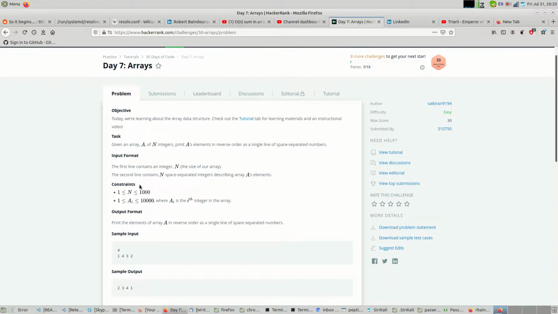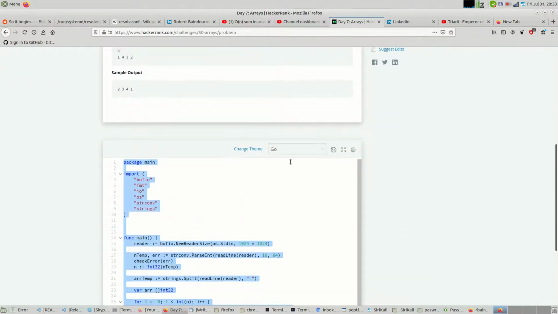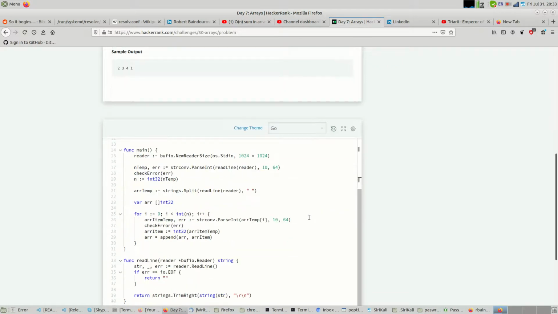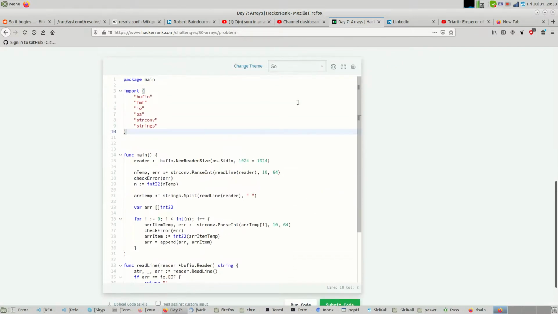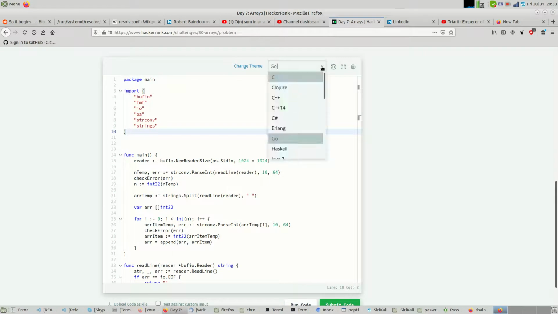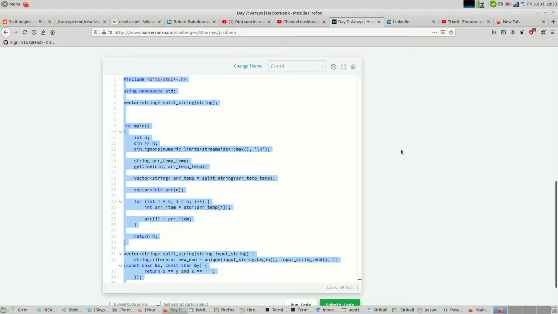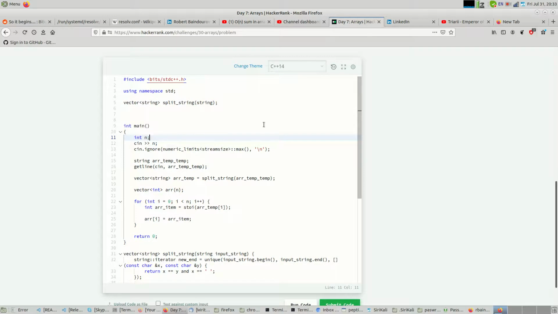Alright, so I'm continuing with my screencasts. We're going to skip Go for now. We're going to do the 30 days of code, but we're going to do it in C++14 on HackerRank. So pretty much we are working in hackerrank.com, and it's the 30 days of code, and we're doing the arrays problem,